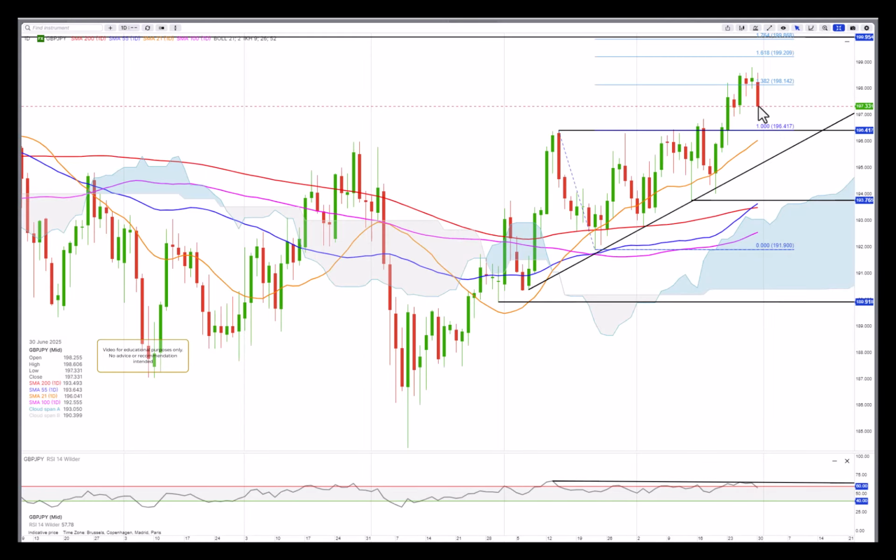Sterling yen didn't get all the way up to 190 and not up to the 161.8 projection before this morning being hit with selling pressure. Could dip to 196.40 support before next push higher. Slight divergence there on the RSI. I think, let me check, 65.55 and 67. Yeah, so there's divergence there. The RSI values are lower here than here, so we are a little bit stretched on the bullish trend there. So we could see a setback down to that level there,